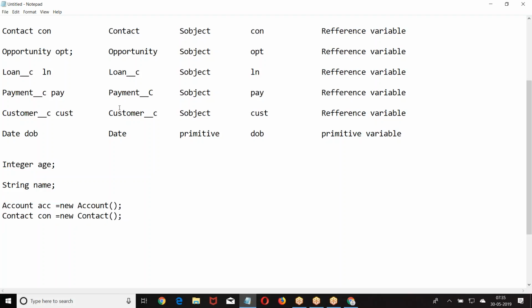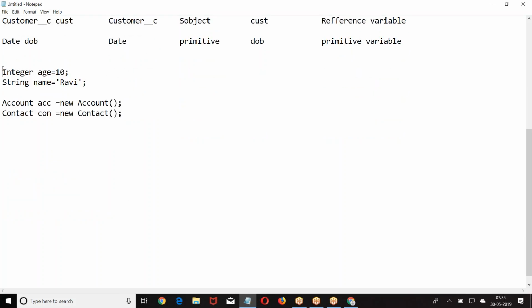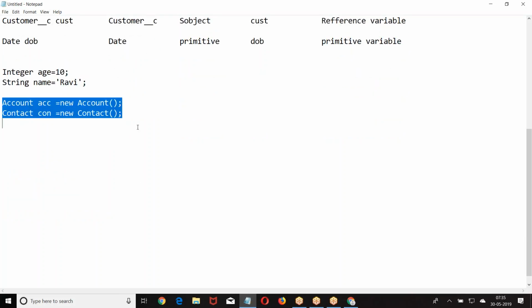Primitive and non-primitive. Primitive will come here: age equal to 10, name equal to Ravi. This is how we are giving. I hope you are good with this. If it is a primitive, we are assigning the value. If it is a reference, we are supposed to assign the memory first.